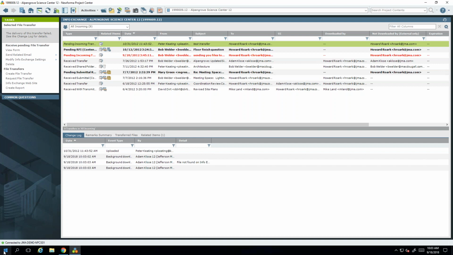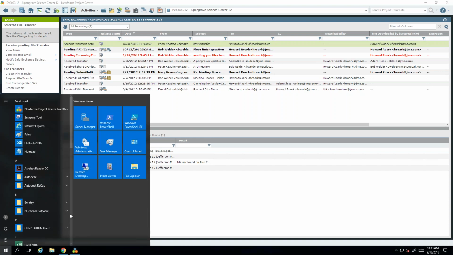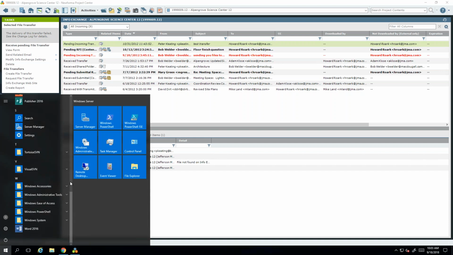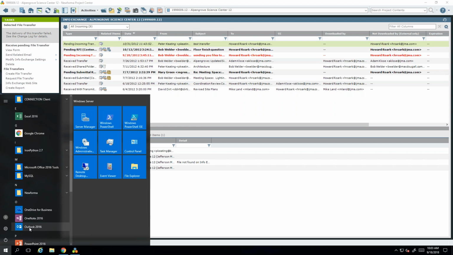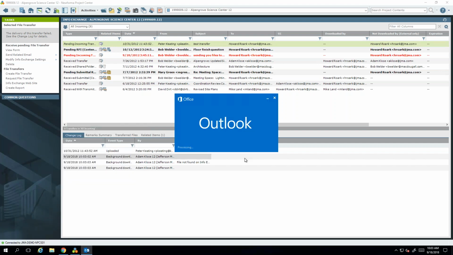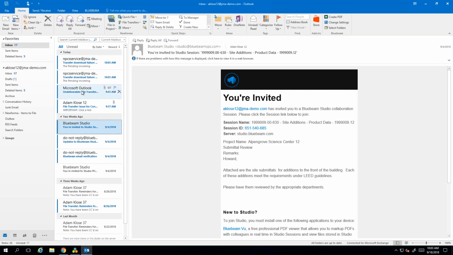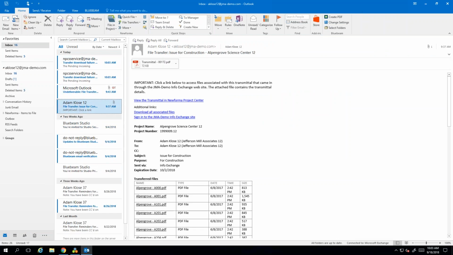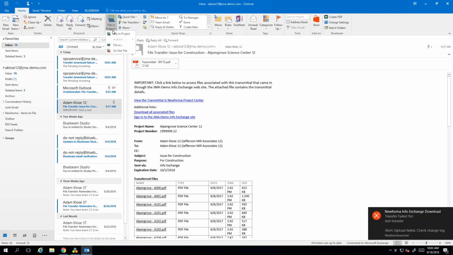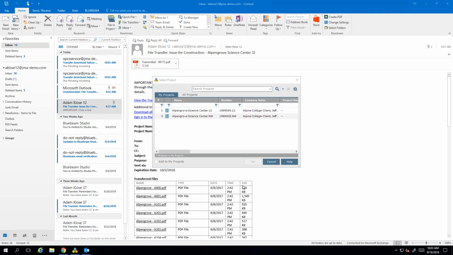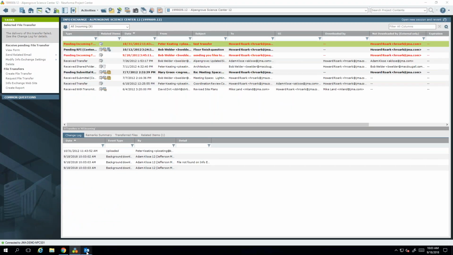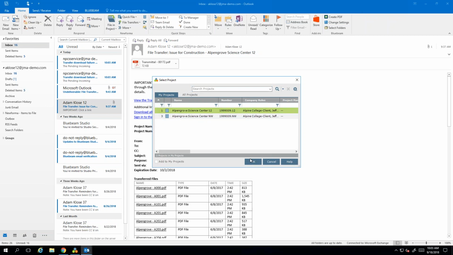RFI or submittal. Let's see if I can get to something here to show you. Let's see if I can get to Outlook, because basically it works the same as the Outlook add-in. So here, here's that issuance that we just did. If we say file as, it's very similar to the record transfer as. If I choose my project,